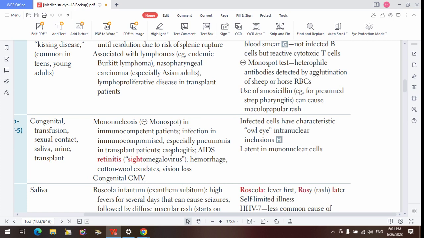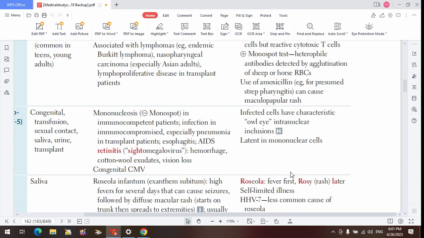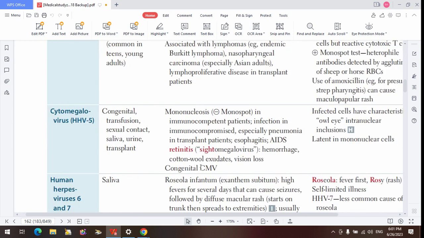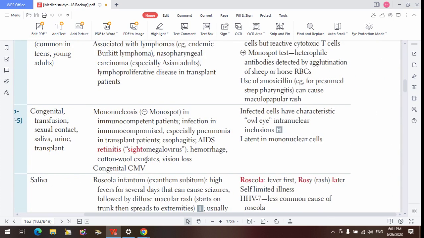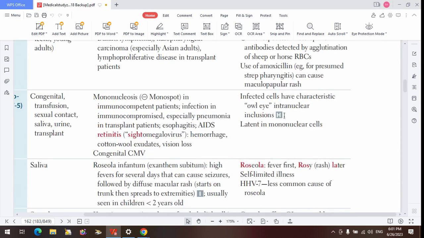Very important: CMV colitis, CMV esophagitis, CMV retinitis, CMV hepatitis. They didn't list the retinitis, the colitis and the hepatitis here, but they're there. Don't forget. So the way you can detect CMV is by doing your